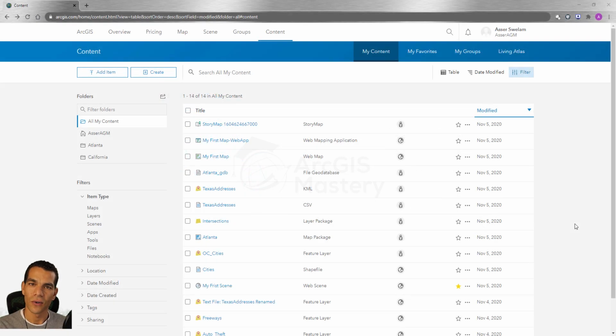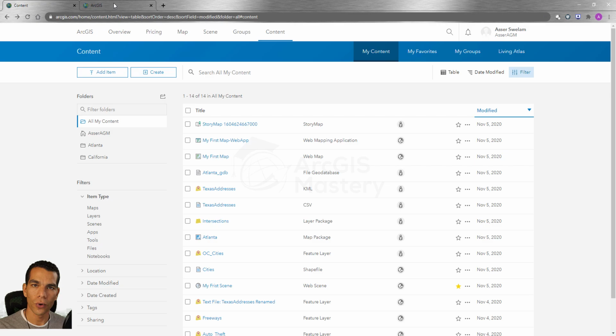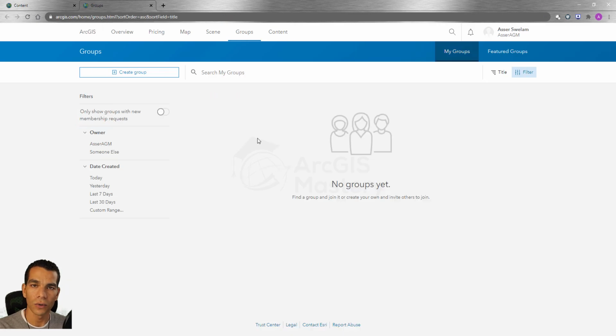Hello guys. So right now we will focus on the last item we have on the top right here, which is groups. And here you can manage or create a new group for your members. So for example, if you want to create a certain type of data and you have some members or people you know in your organization, in your school,